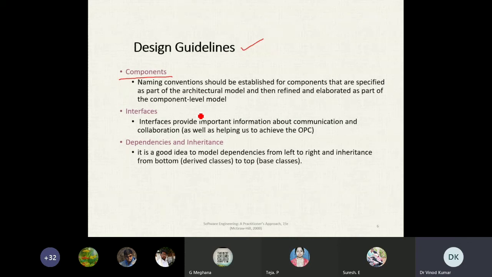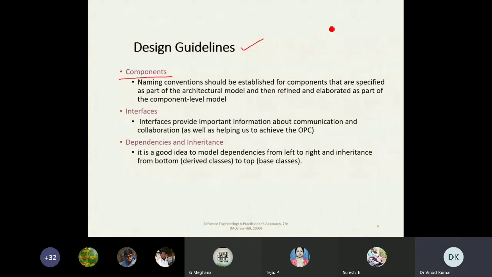They help you understand the components, the different parts of the components, and the terminology used. So naming conventions should be established.